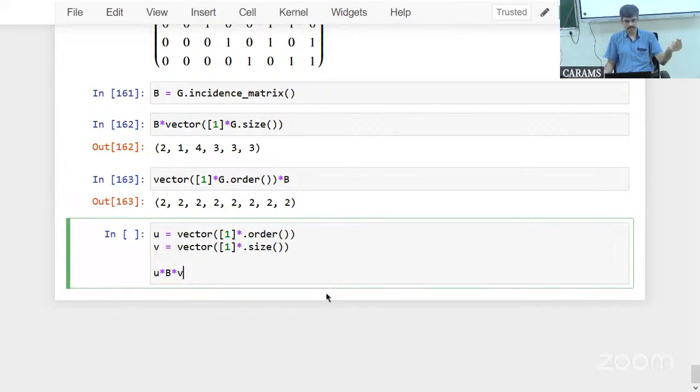But U star B is column sums. Star V is the sum of the column sums. Whereas the other one is U star B star V. B star V is row sums. So U star that is the sum of the row sums. Sum of row sums equal to sum of column sums, obviously. But the column sums are all 2. The number of,